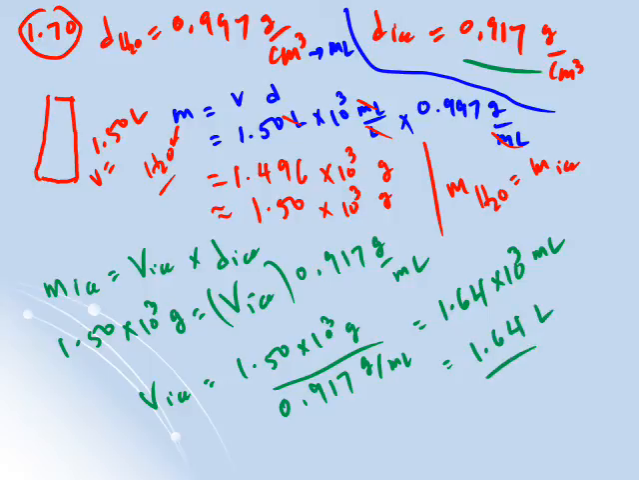Remember, the bottle had the volume of 1.50 liter, so this volume has increased to 1.64, so it doesn't fit. So the question is, first they're asking what's the volume of the ice, that's part A. What volume does the ice occupy? So this is the volume of ice, 1.64 liter. So this is part A, what we're doing with all these calculations is for part A. Now part B